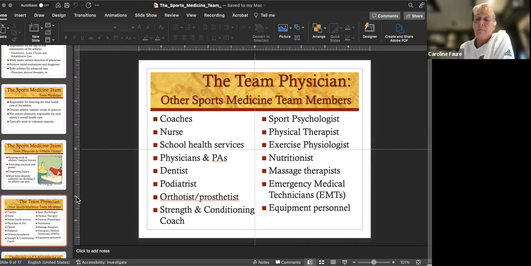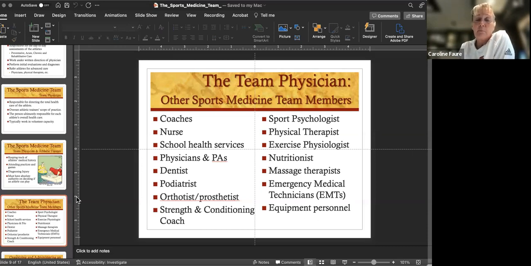I think about a kid maybe that blew his knee on a Friday night and is going to have crutches and is going to be really slow to get around school on Monday morning. Talking with the school nurse and letting the school nurse know that this injury occurred, and that this kid is going to maybe need to come in and get some ice periodically throughout the day, or even talking with the counselors and letting your school counselors know that this kid was injured and may need extra time to get to and from class. So those kind of things can be really helpful to include those people in your information flow.